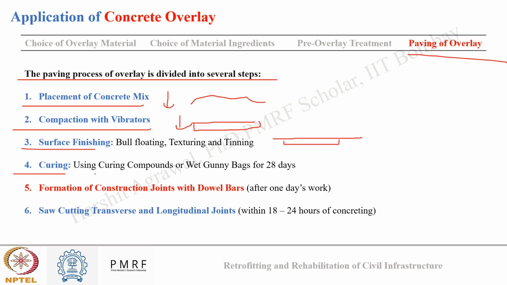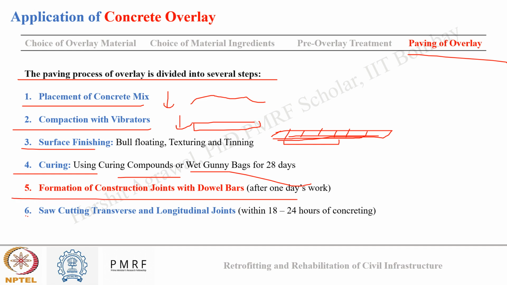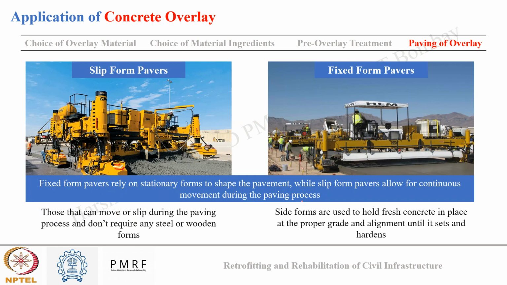Okay, then we'll cure this top surface either using gunny bags or using curing compound. Then we'll form construction joints at the surface, longitudinal and transverse joints, and finally we'll use saw cutting to make joints. Okay, now, for this initial step, placement of concrete, there are two types of devices that are used: slip form pavers